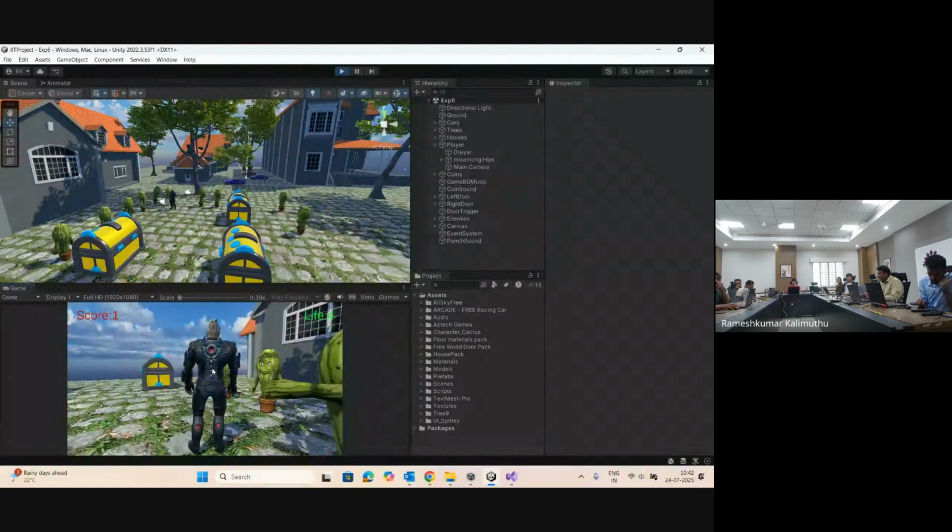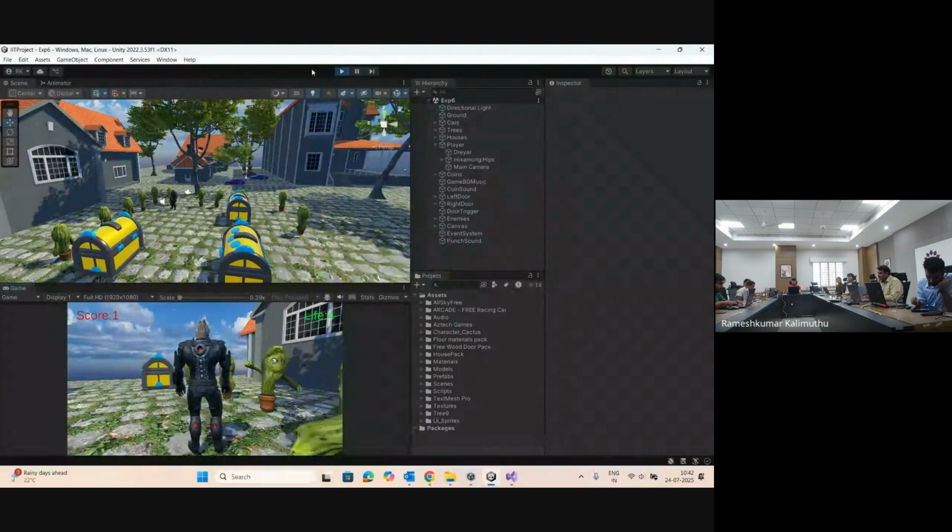Now I want to pause. I have got some other work, so now I want to pause the game. So here, do we have any option to pause? No. So we have to add the pause and resume button, right? Yes. So what I'm going to do is